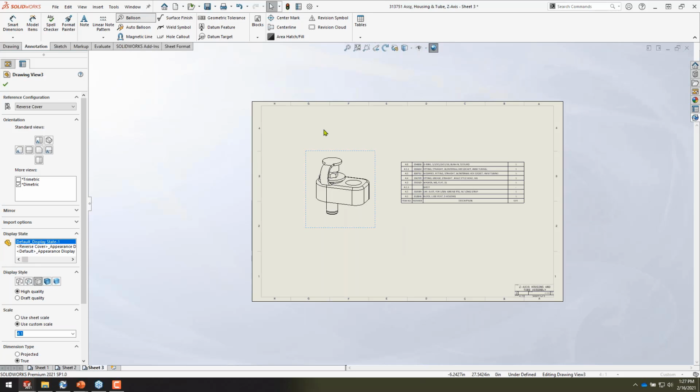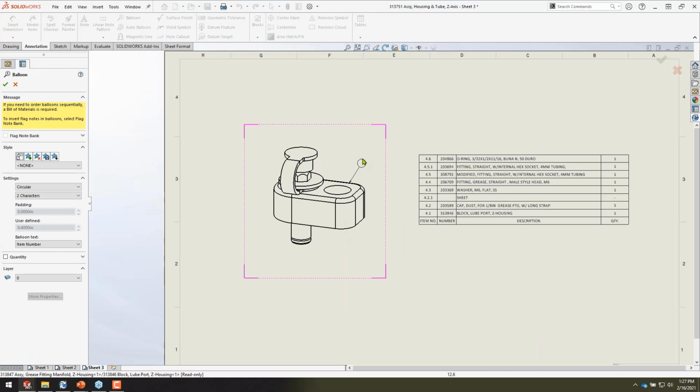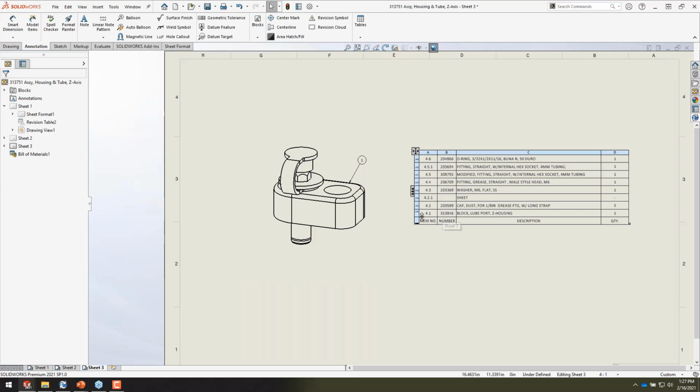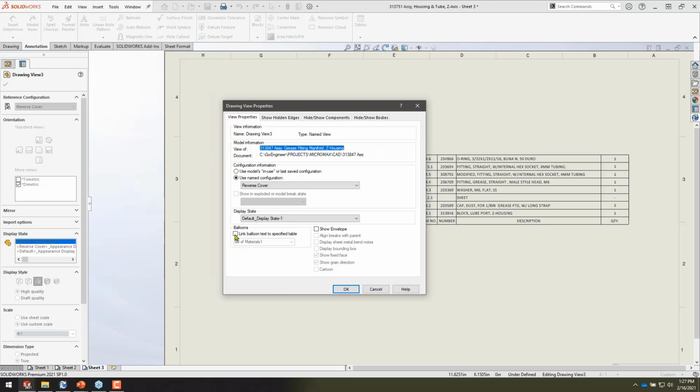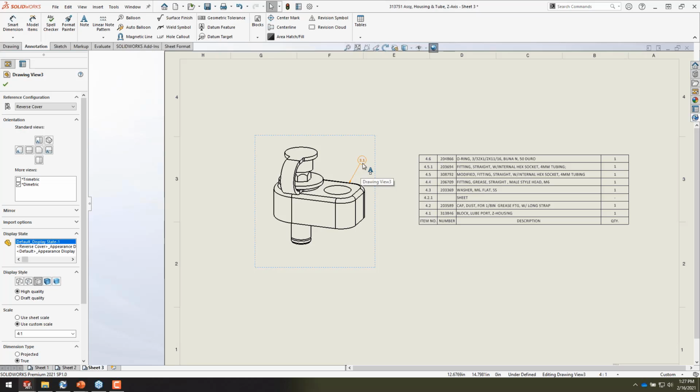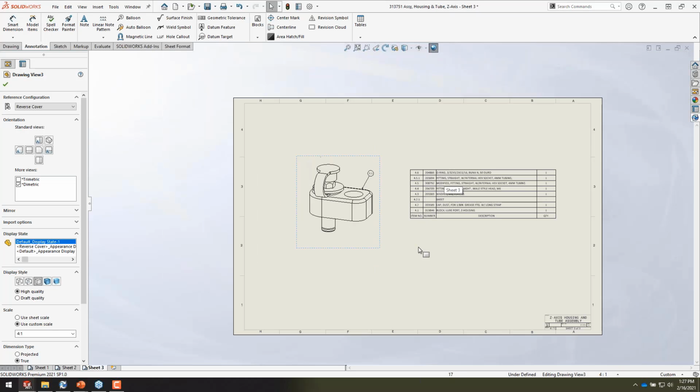If I go up to add a balloon, like we mentioned before, you can see that that's a 1. Well, this is a different subassembly and it's a different view. In this case, this is going to be this block. So if I go back to my properties, make sure I link that to that bill of materials again, you can see that that item changes. I grabbed the wrong section of the bill of materials, but